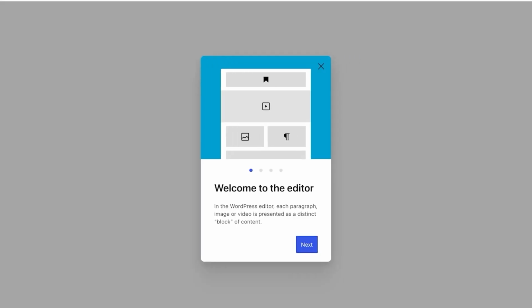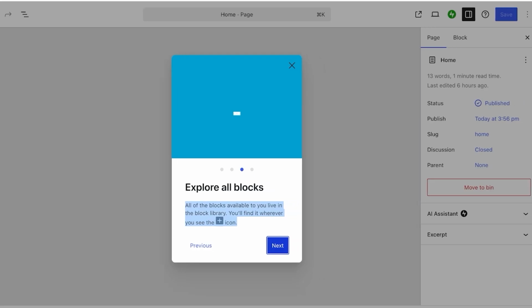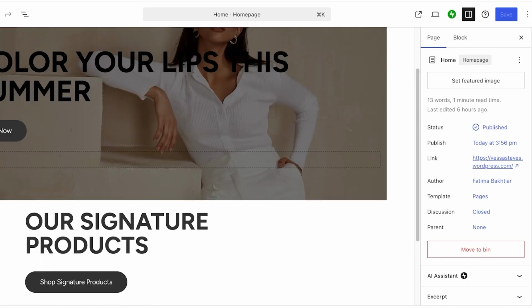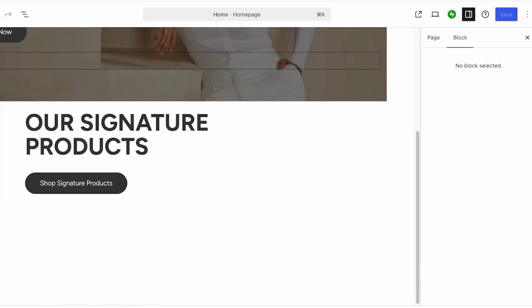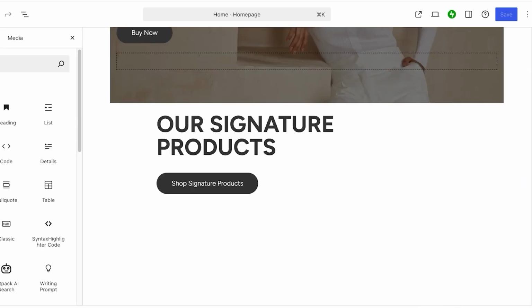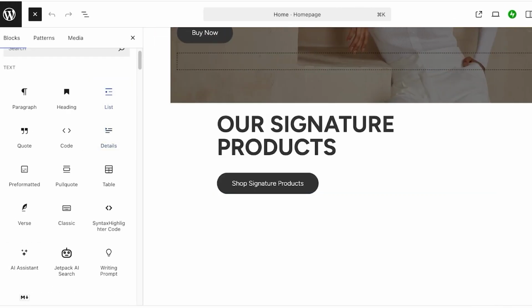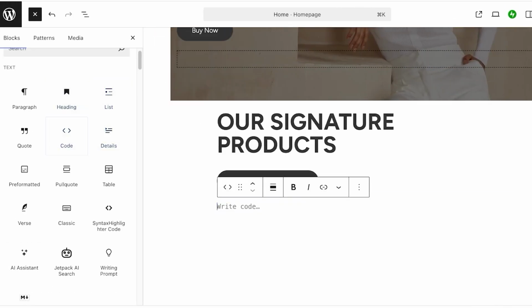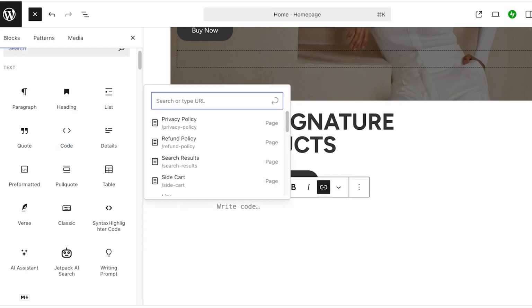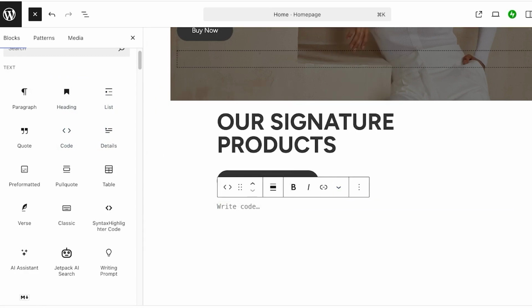So this is our editor. Click on Next, Next, Next, and then we can just scroll down and then click on Block, and we can choose to add whatever type of block from the left. Now for this, I'm going to select code, and then once you do that, you're going to write your code. You can also type a URL, but I'm just going to paste in a code like this,